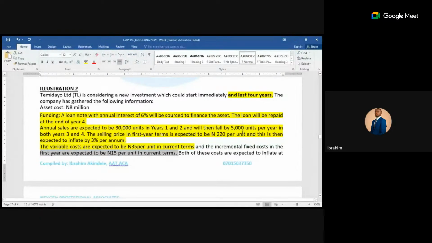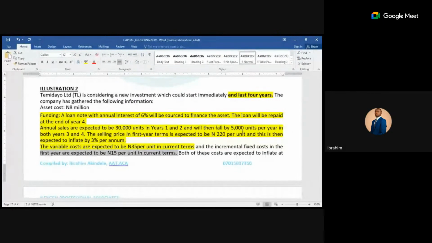Class, in the first year, is expected to be this, meaning that it will be like that. They did not say, oh, this will be in the current term. I think they say this selling price in the first year is in the current term. It means that it will be at year 0, and immediately after that current term is year 1. So you can say, okay, we will start the raise to power from year 1, year 2, year 3, year 4. But the question did not say that.